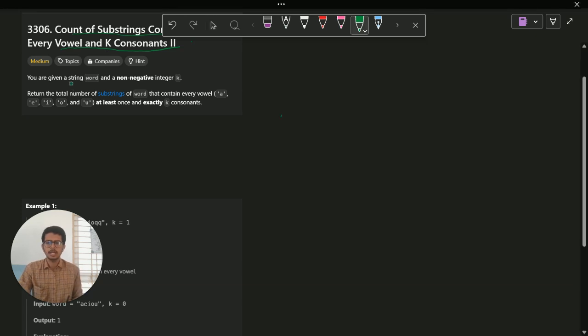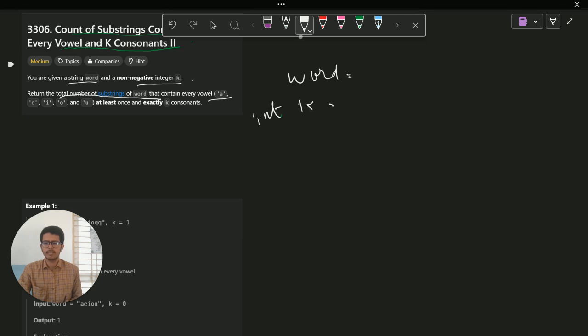Let's see the problem statement. It states that you are given a word W and a non-negative integer K. Word is of type string and K is of type int. First note down what types they have given. Next, we should return the total number of substrings of word that contain every vowel A, E, I, O, U